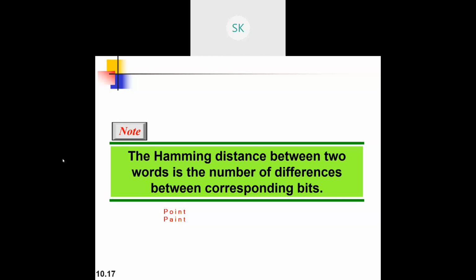With respect to this example, A followed by O, there's a change. Remaining all will be one and the same: P, P, I, N, T. With respect to the position also, it will be one and the same. So there is a small change in this, and this is what will be identified by the Hamming distance.